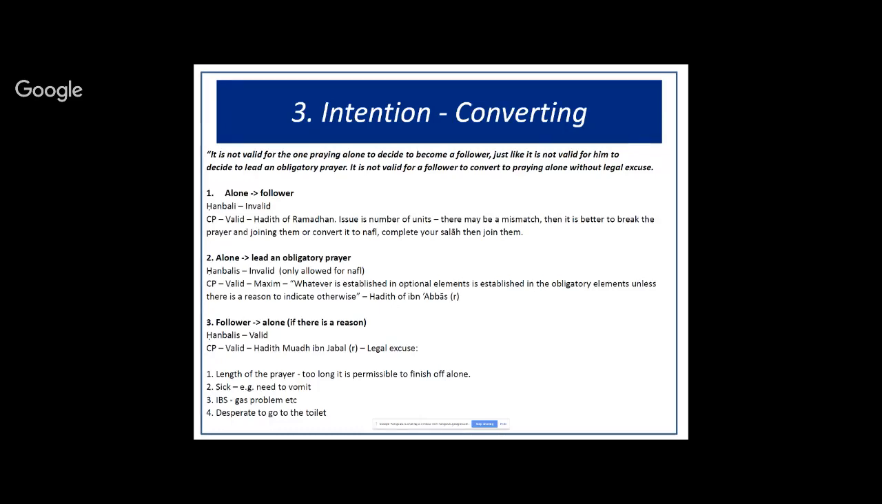So how can you use nafil prayers to establish us going from being alone to leading an obligatory prayer? And we say it's valid, you can go from alone to leading an obligatory prayer. Why? The maxim is whatever is established for optional elements is established for obligatory elements, unless there's a reason to indicate otherwise. So explaining this, the companions described to us how the Prophet ﷺ prayed